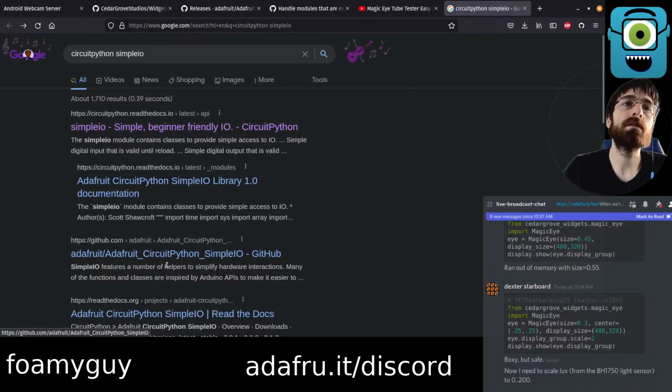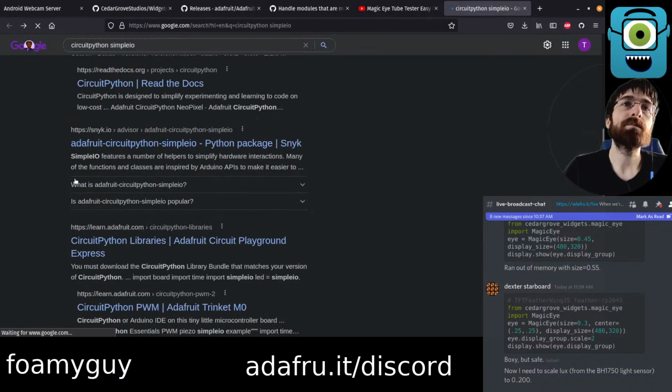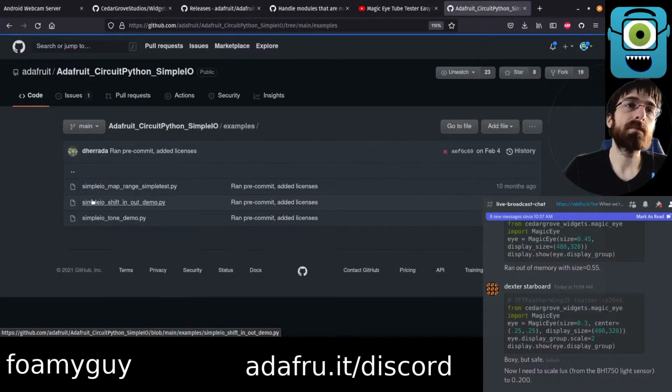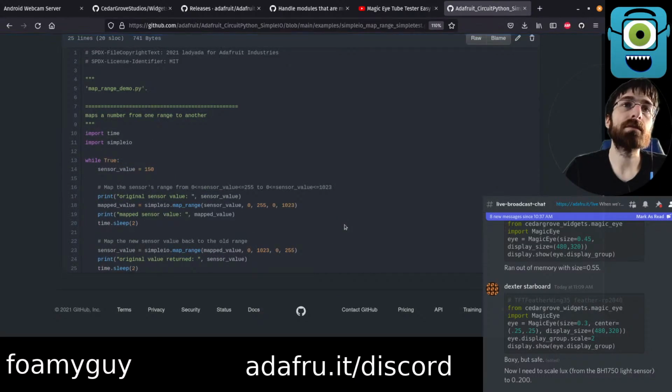Map range. Yeah, this does that. If you're interested in having a library do it for you instead of doing all the math yourself, you can import Simple IO and call map range. You give it the value, and then you give it